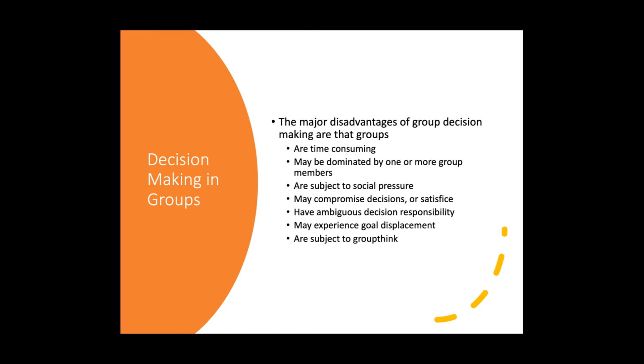As a result, you may experience what we call goal displacement, that the actual original goal gets moved and replaced by some other proximate or intermediate goal that the group thinks is more able to be achieved. And at its worst, you may end up with a group that's subject to what we call groupthink, which is everyone wanting to conform to the popular ideas so that they don't feel like the outsider. And so everyone's starting to think, or at least express their thoughts along the same lines for no particular reason